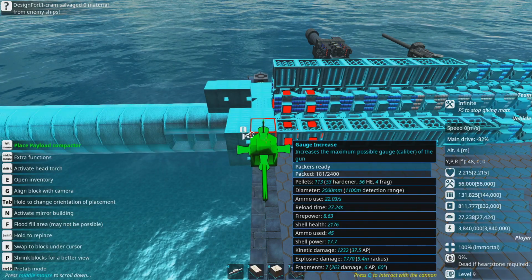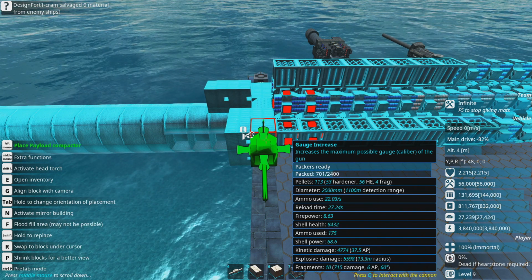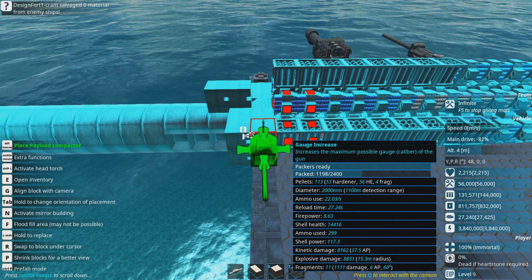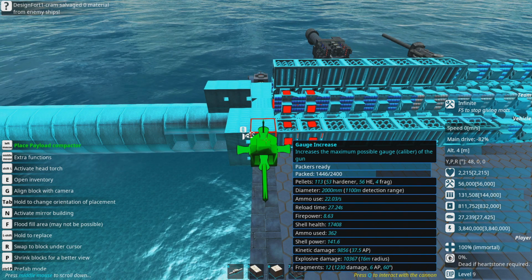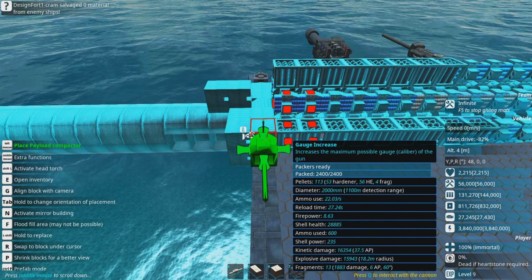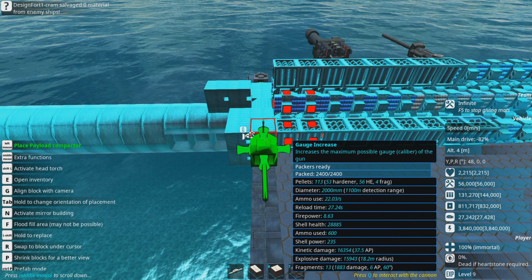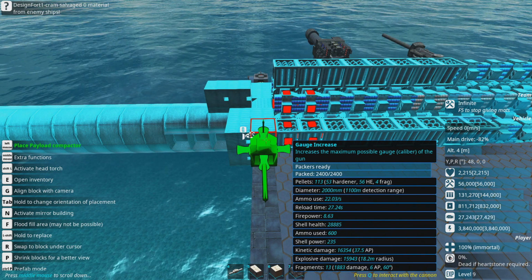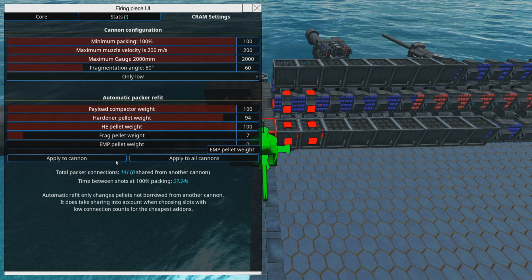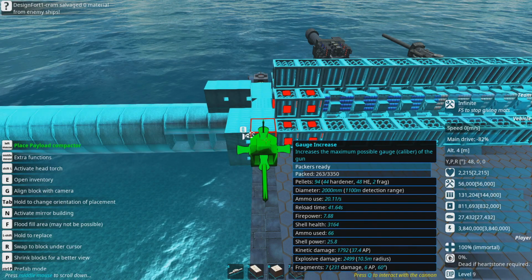and apply that to the cannon, we've now gone down to 2,400 and our reload time is 27.24. Other items, let's just let it load up so we can compare. So at full load, our kinetic damage is 16,354 at 37.5 armor piercing. If I now change that compactor back up again, so it will effectively reduce how many hardener